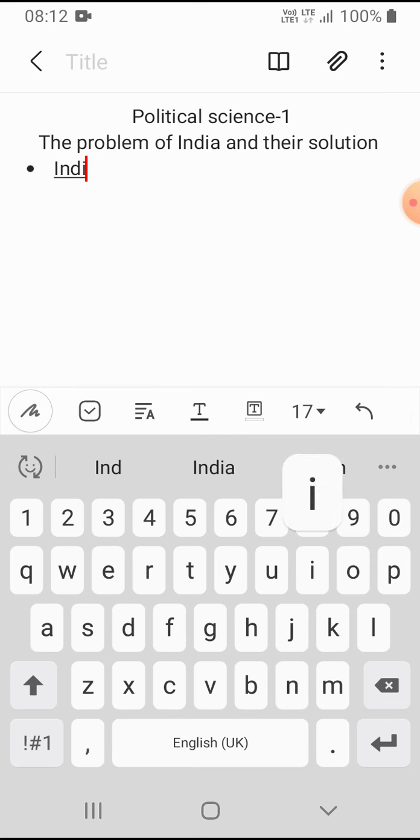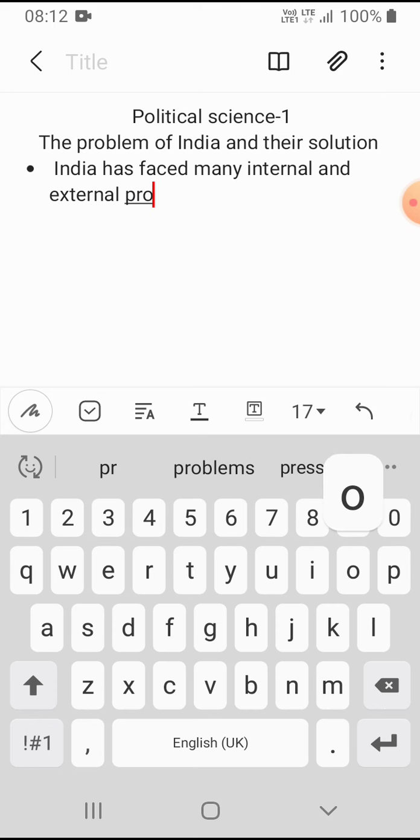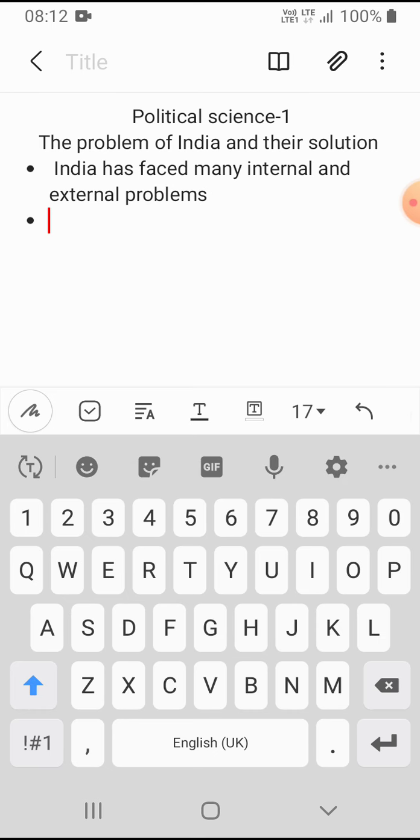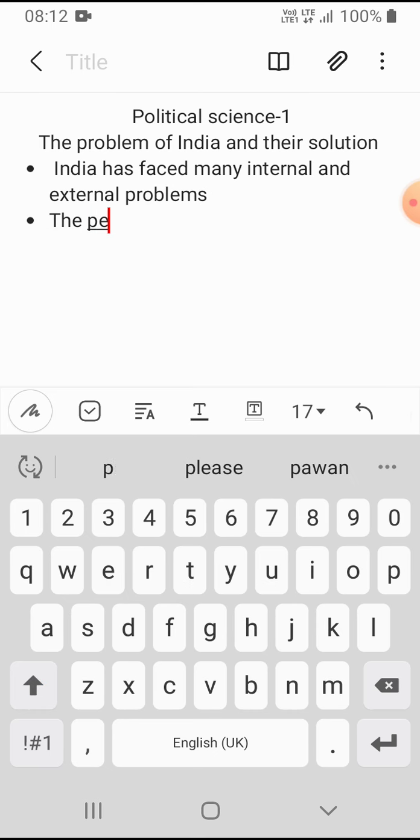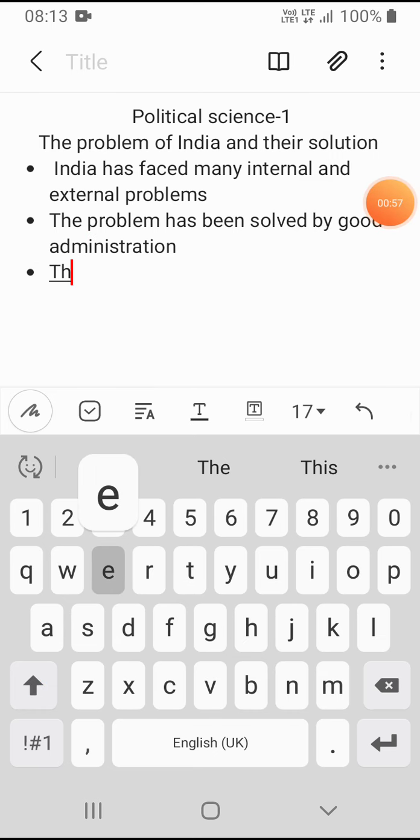So India has faced many internal and external problems. As you know, from the past, it is facing many internal and external problems. The problems have been solved by good administration, good planning, and the support of